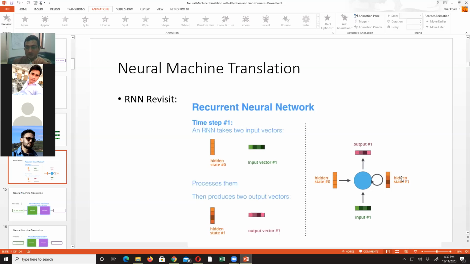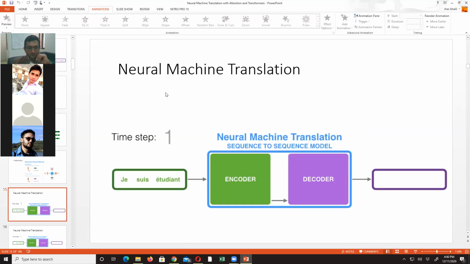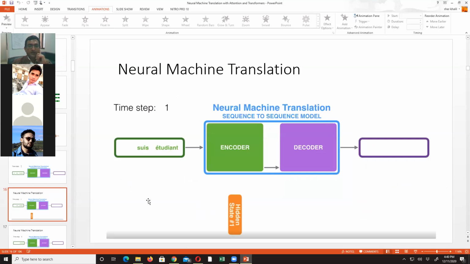Then it produces the current state, and that also goes to the output, right? And then next time this output will be used as the next hidden state, and you will see the next input, and this process continues until you have consumed a full sequence, right? So here, if this is an RNN, we say that we will be sending one word at a time. So at time step one, we send one word, it produces hidden state one.